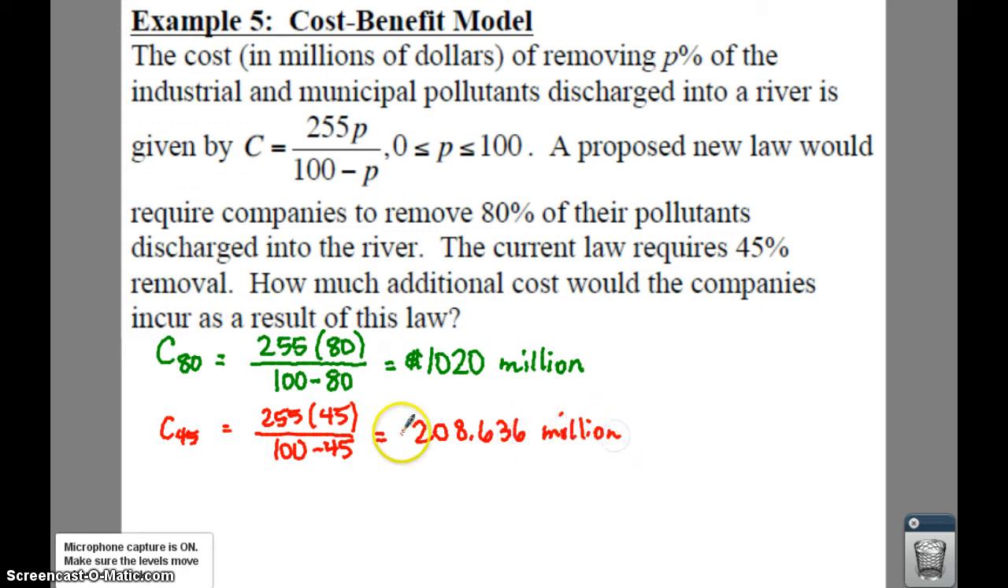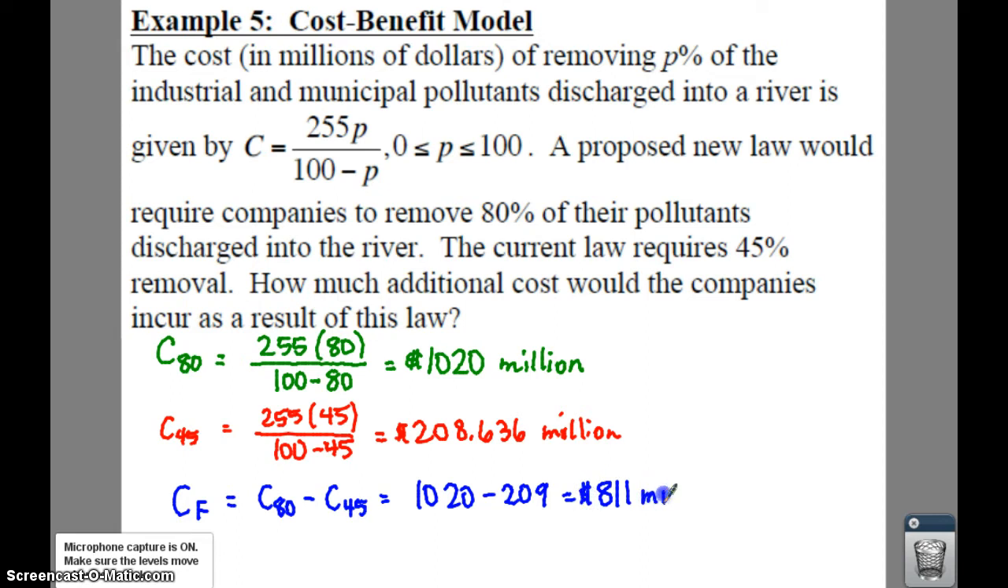So we want to figure out how much additional cost the companies are going to have as a result. Holy shinolies. That's quite a bit. So if we look at the final cost, we have to take our C sub 80 minus the cost from 45%. So that's going to be, we'll just round, 1,020 minus 209 million, which is roughly